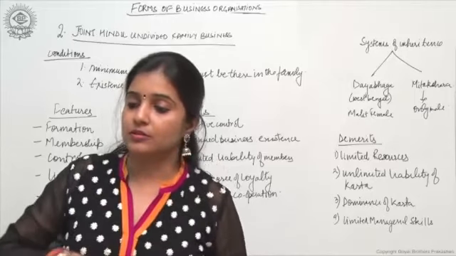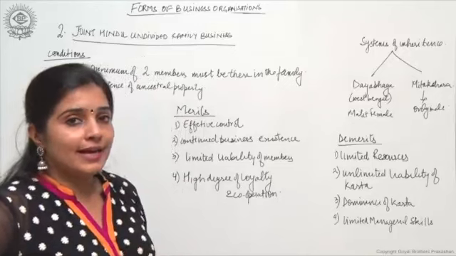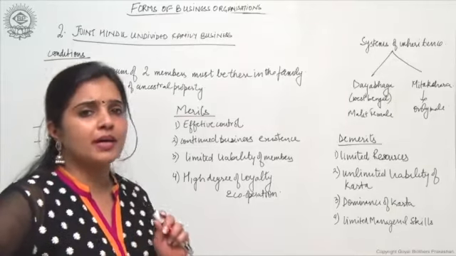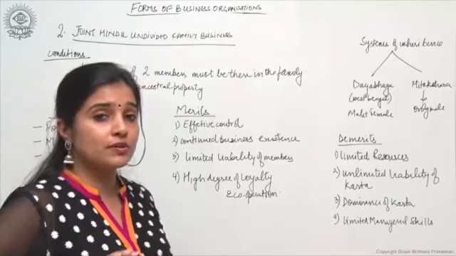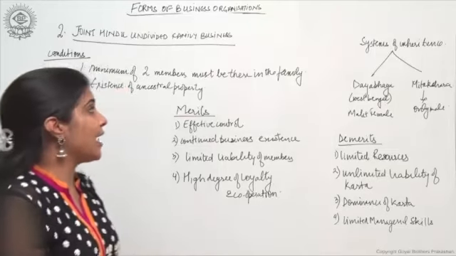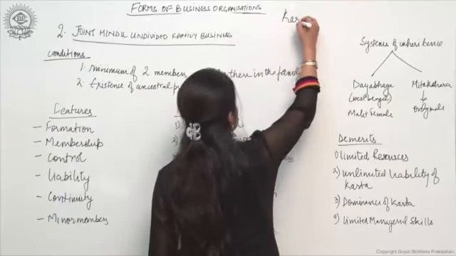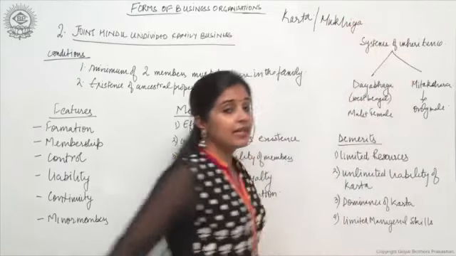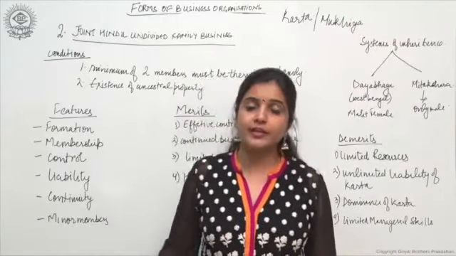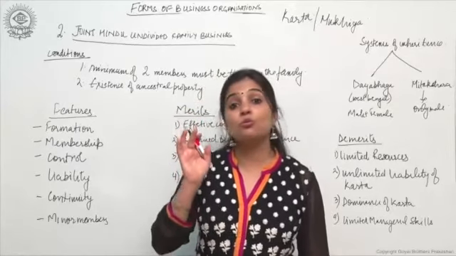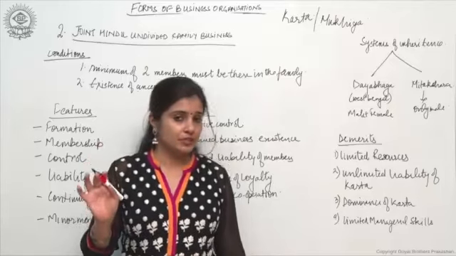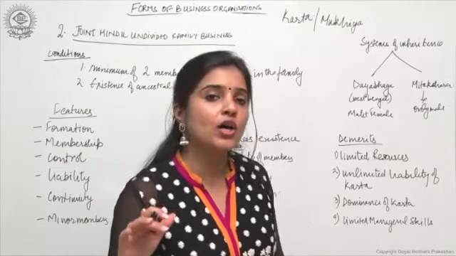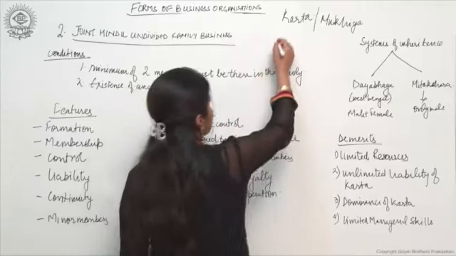Now coming to explain what exactly a joint Hindu family business is. In big joint families, the eldest person, the one who is the eldest of all, is called the karta or mukhya. He is the one person who is going to control the entire business and take all the important decisions related to the business. Rest all the members of the family